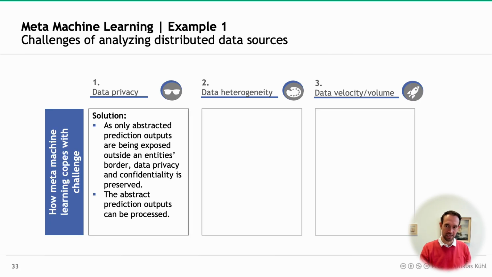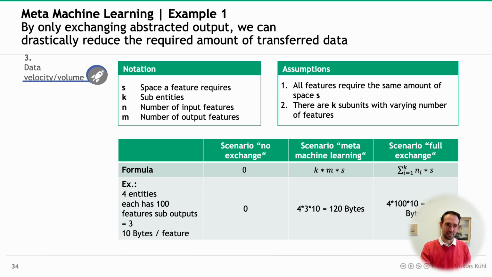So what we can say is, yeah, that looks pretty good, as only abstracted prediction outputs are being exposed outside a single line, a single entity's border. This data privacy, IP confidentiality is preserved, and only those abstract predictions can be processed, right? Data heterogeneity, I will not go into detail, because in stacking you still use the same data. We'll go into data heterogeneity in a second, but what we still want to look at is the data velocity